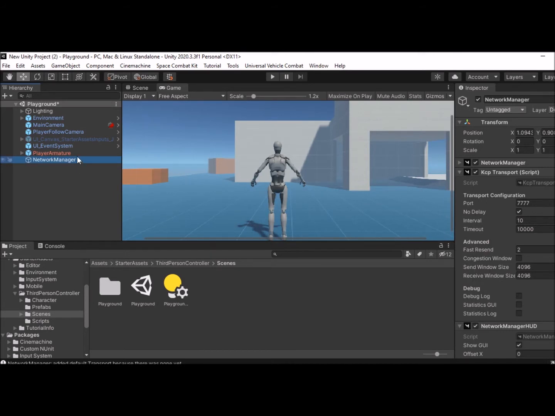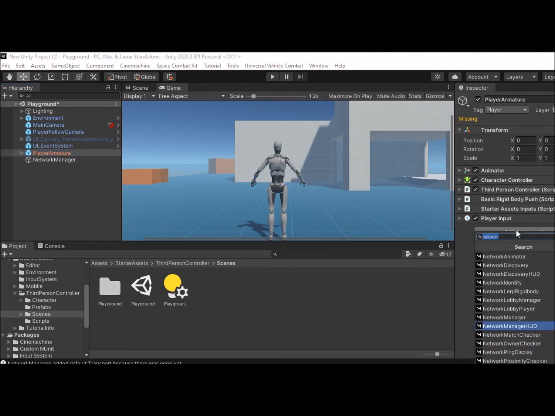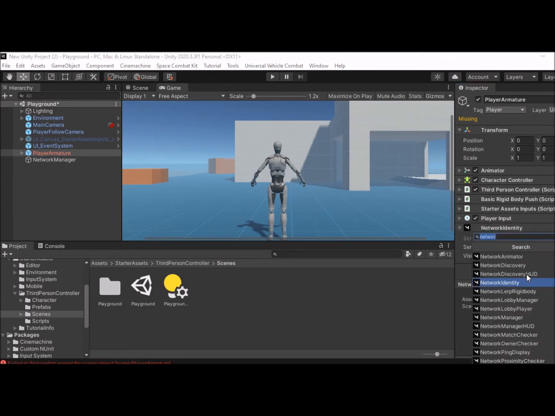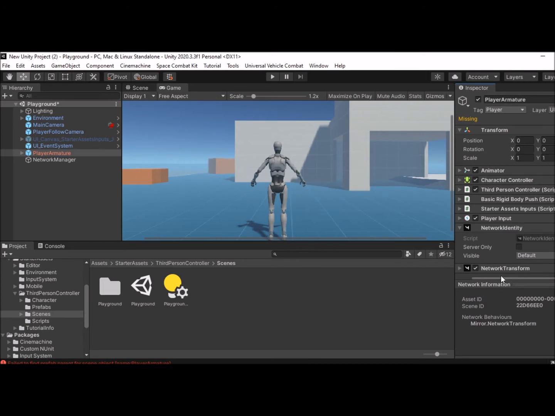To Player Armature, we're going to add three components. The first one will be a Network Identity. Second component will be Network Transform. Third component,